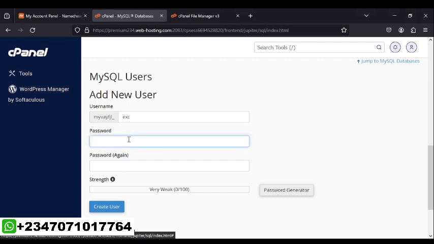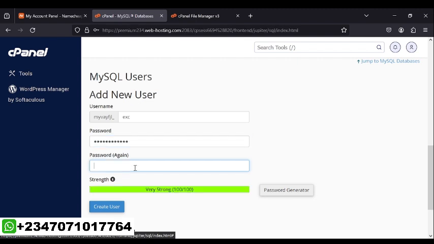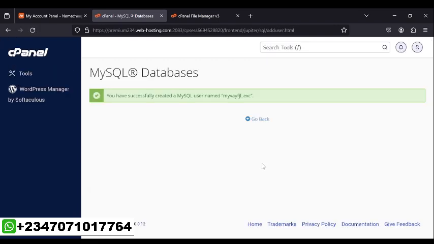Okay, so here I have my password saved already, so I'm going to paste my password. I'm going to paste it again. All right, you can see the password says very strong, which is 100/100. So I'm going to create user. I'll wait while it finishes creating. Okay, here you have successfully created a MySQL username, which is my